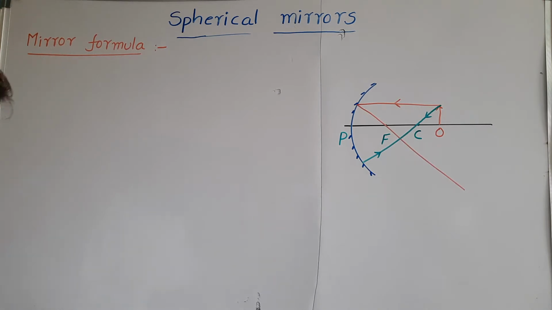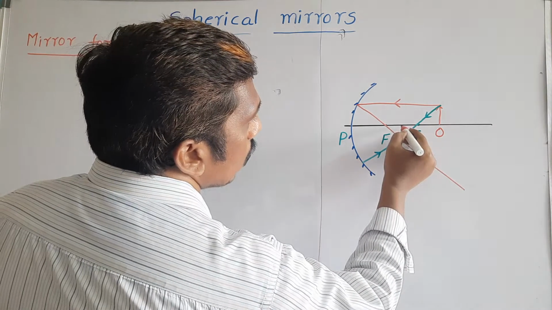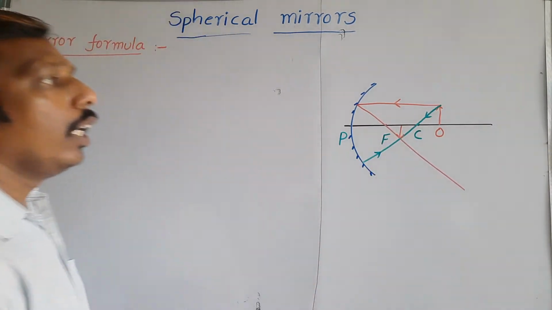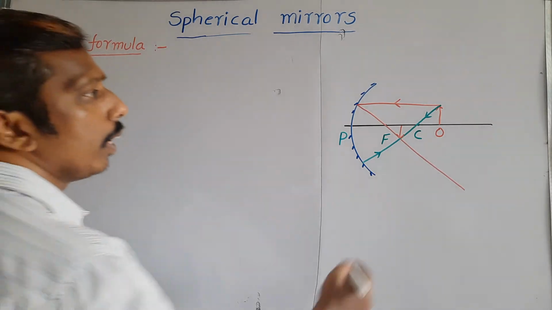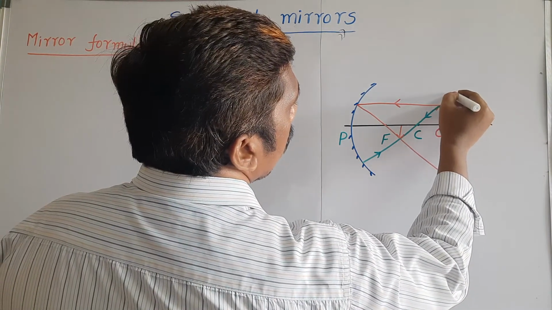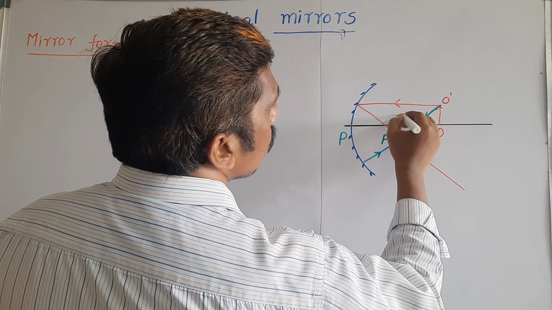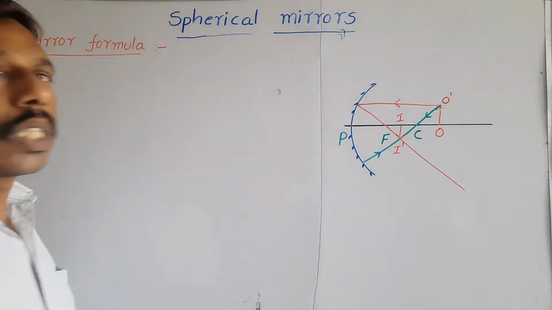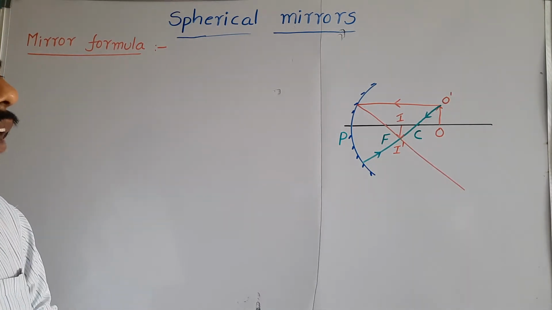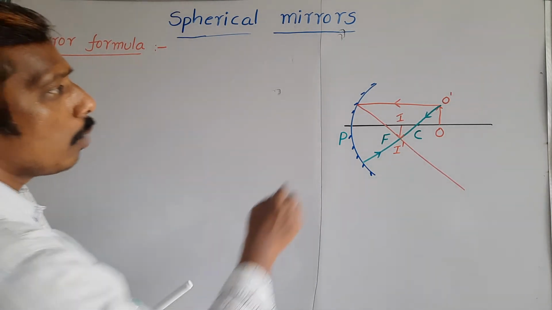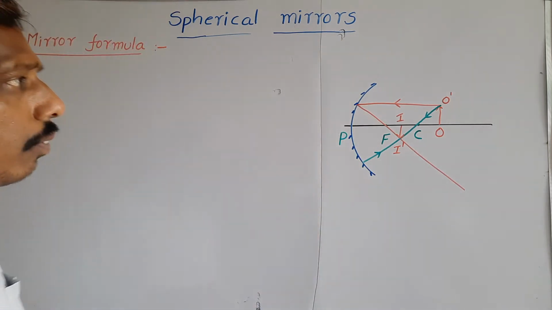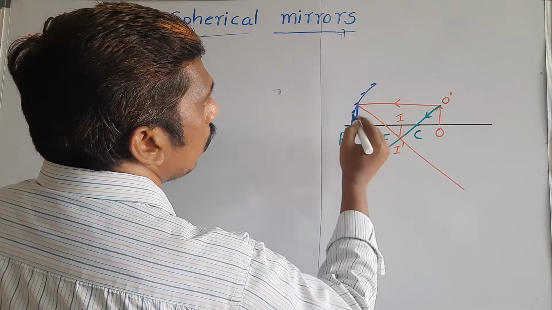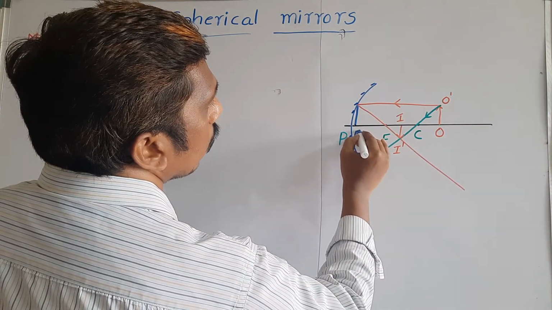If you observe, here the 2 light rays really meet. At the point where both rays meet, it forms an image. That is said to be the image. Here O dash is taken as the object, and this is the image point. I dash is taken as the height of the image, and O dash is the height of the object. So this is the point of incidence. From the point of incidence, we draw one line onto the principal axis. This is taken as P dash.